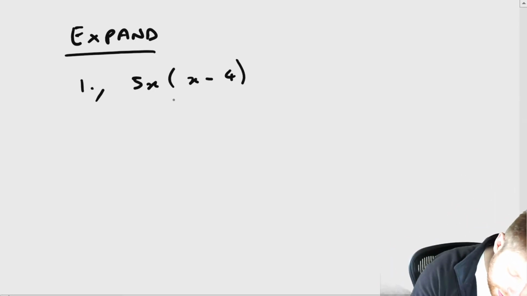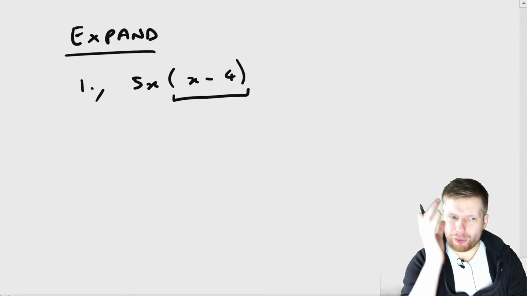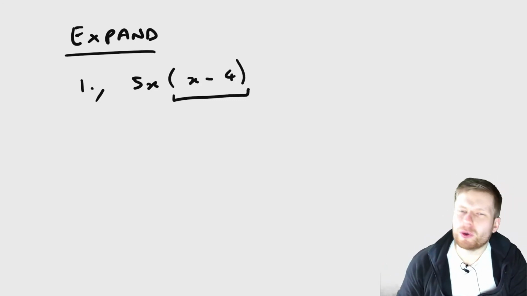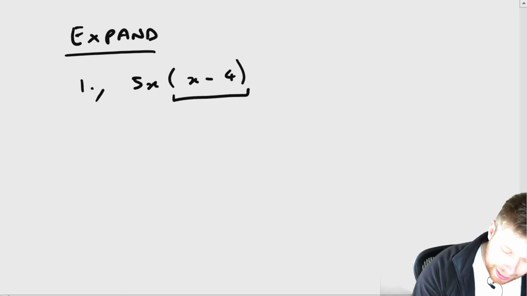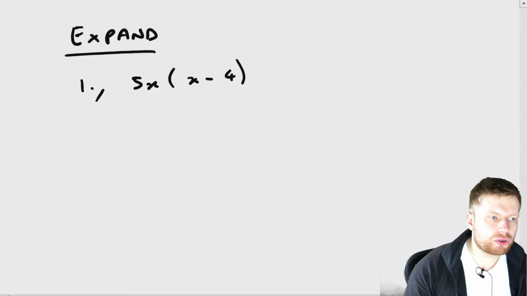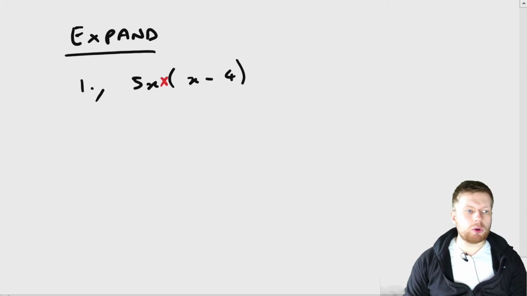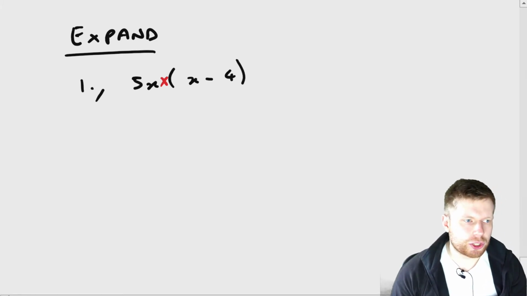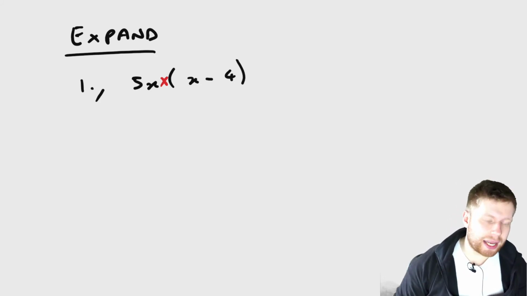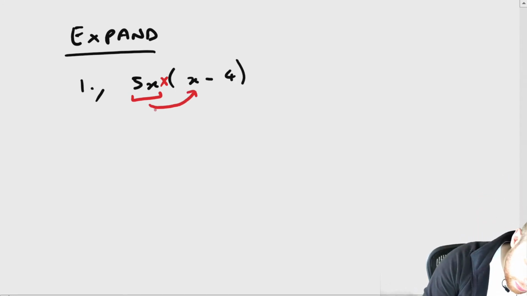Now, just be aware, these brackets mean that you're grouping stuff together. They're not actually called brackets, they're called parentheses, but I don't mind whether you call them brackets or parentheses. I tend to call them brackets because it's fewer syllables. But basically what's happening here, just like right at the very beginning, I said we don't need to write the times in. What's actually happening between this x and this bracket is a multiplication. Now, what I'm going to use here is something called the distributive law. What that basically means is that I can distribute this 5x, this term here, over every single term inside the